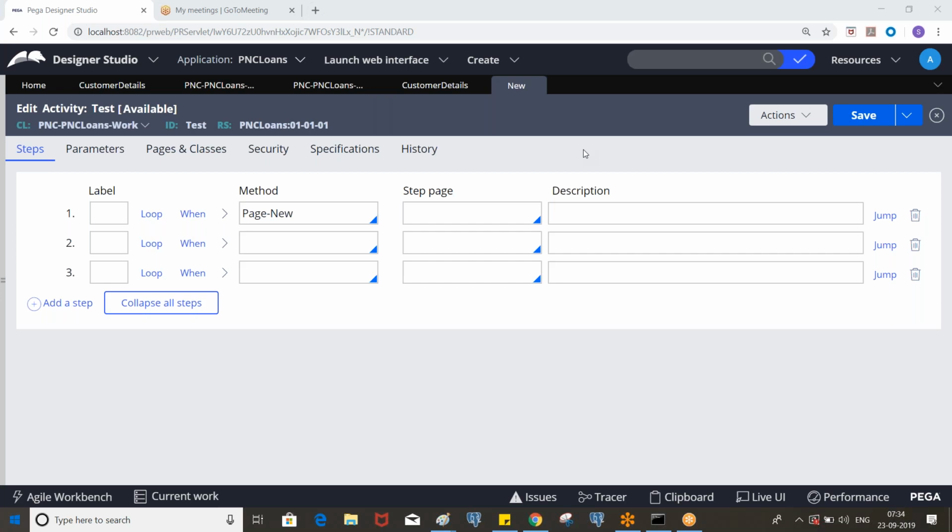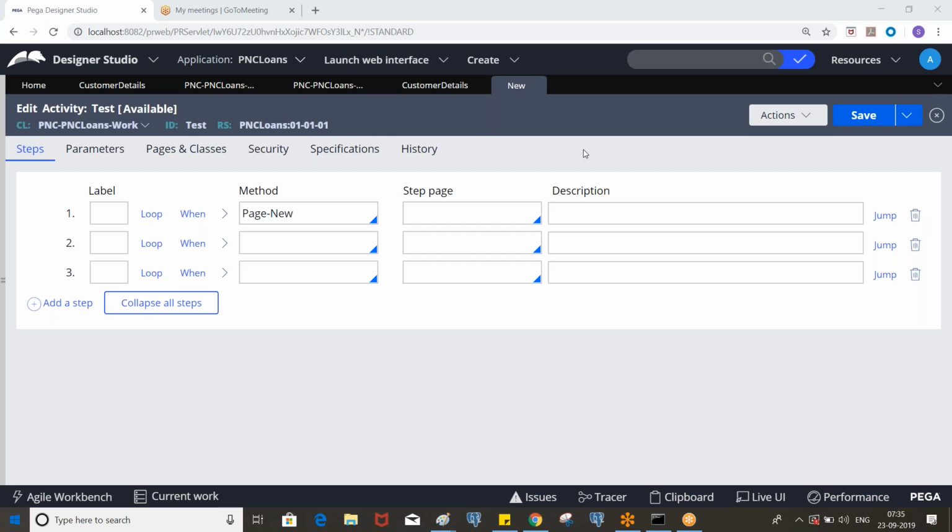Write down the definition: an activity automates the business processing through its predefined methods. So now we will discuss some basic methods today, and we'll work on some scenarios.